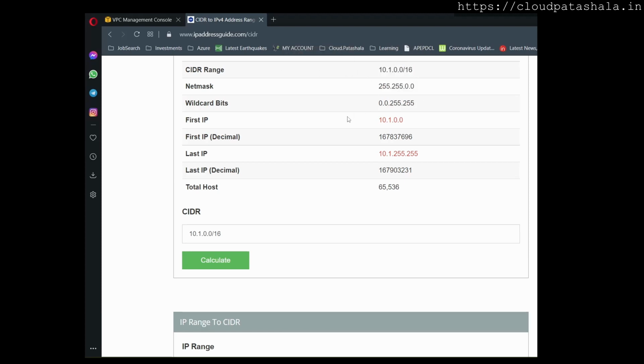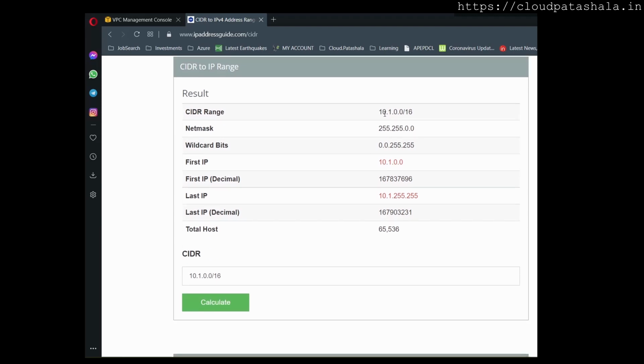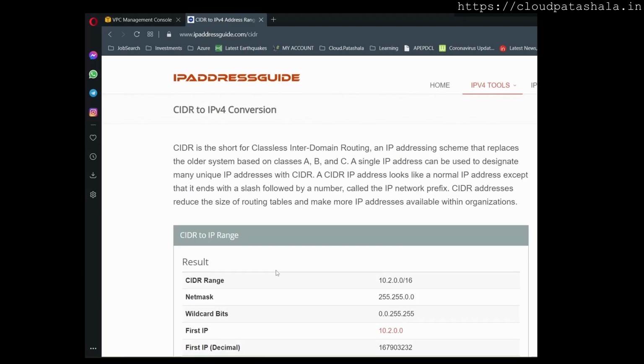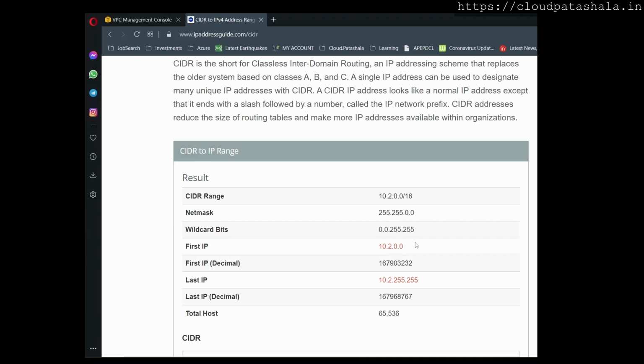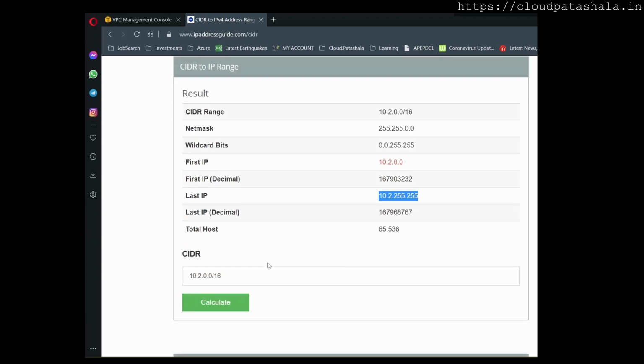But as of now, we do have this CIDR range, and the first IP is 10.1.0.0. The last IP is 10.1.255.255. Now, if I wanted to have a different IP address, if I had to calculate this for 10.2.0.0/16, I would again hit on calculate. So this would give me the starting range 10.2.0.0 to 10.2.255.255. Now if I use a different CIDR, maybe 24, as it was being suggested by AWS when we were